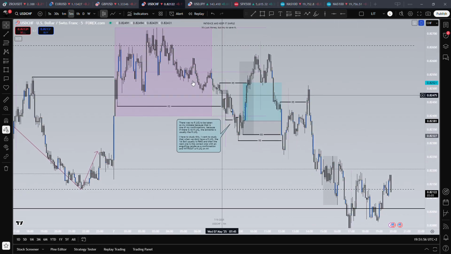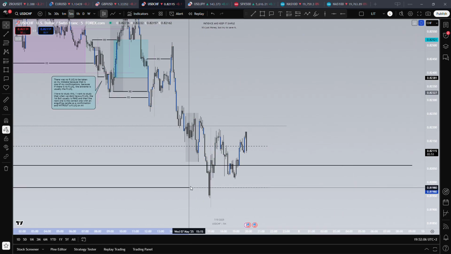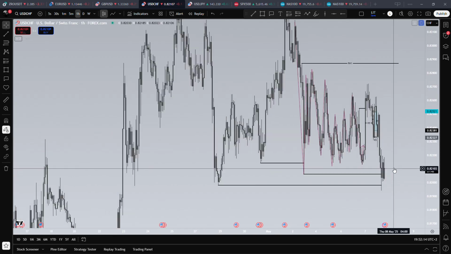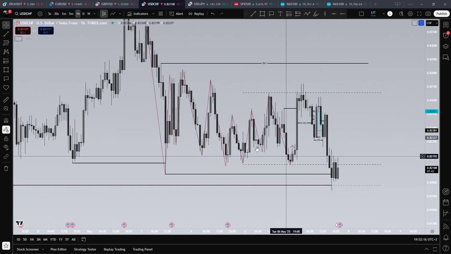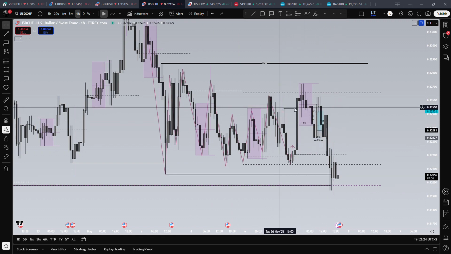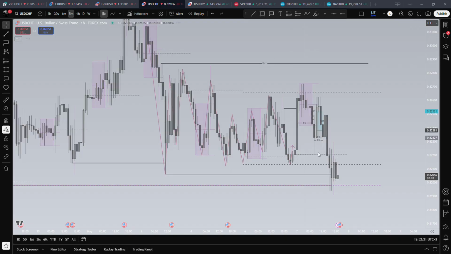USD CHF. Okay, here I had a stop loss. In that moment I thought it was worse, but I think it's not that bad. The stop loss, okay. So we have all this liquidity here that I thought we were gonna take at some point after taking this structure, but I don't know why I was looking for buys, just because we were up here and I thought maybe we go for this.